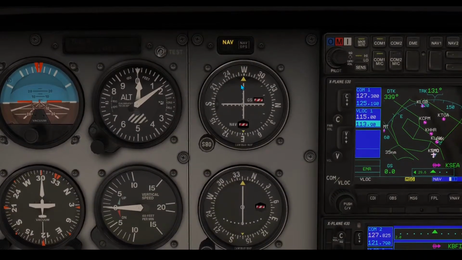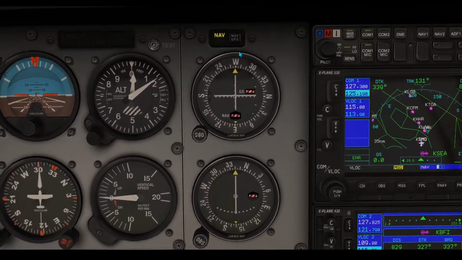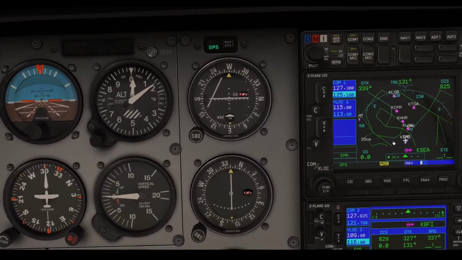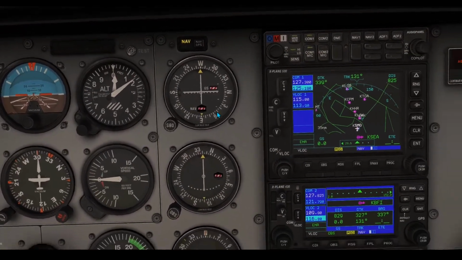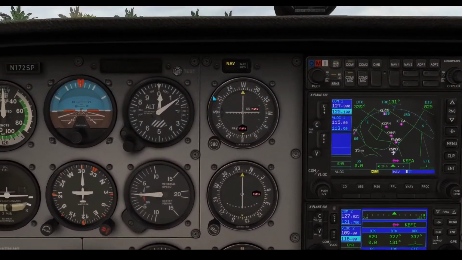Now is nav, means that this instrument is taking information from these frequencies. If we go GPS, we're taking information via the flight plan if we have one loaded. ADF, okay, let me go back. The CDI